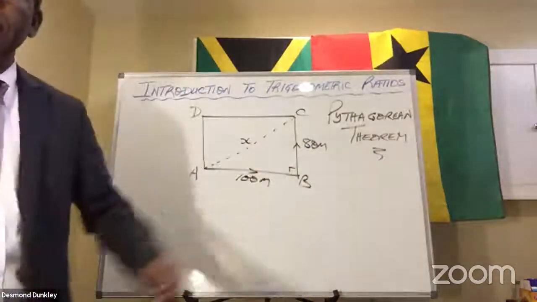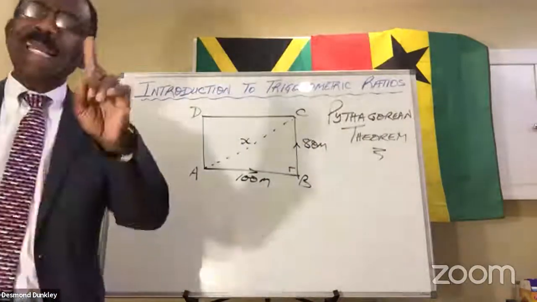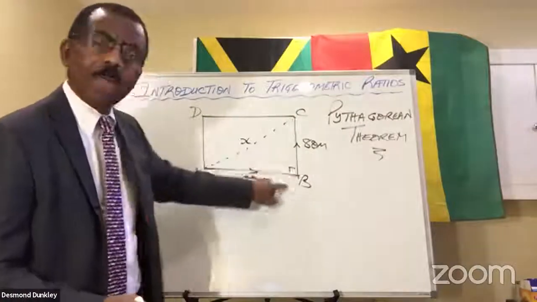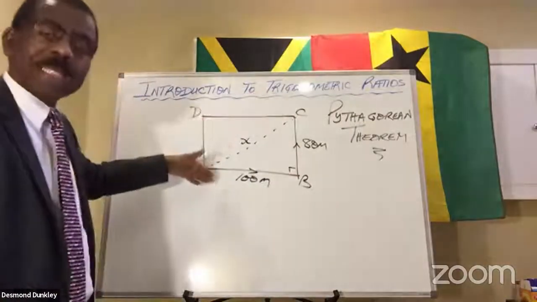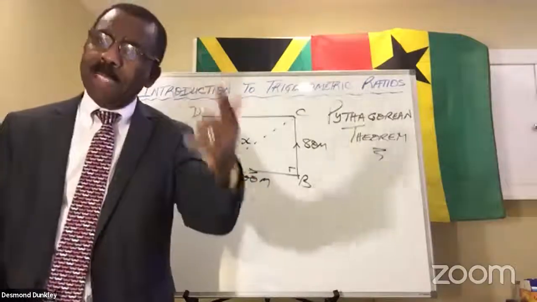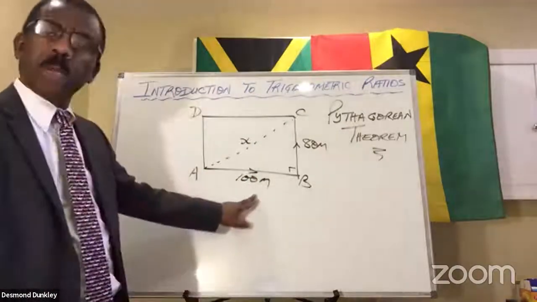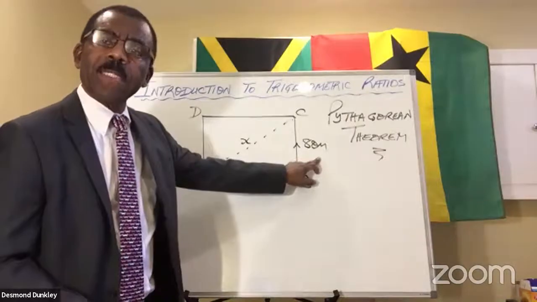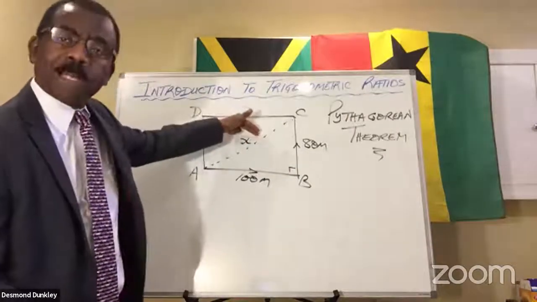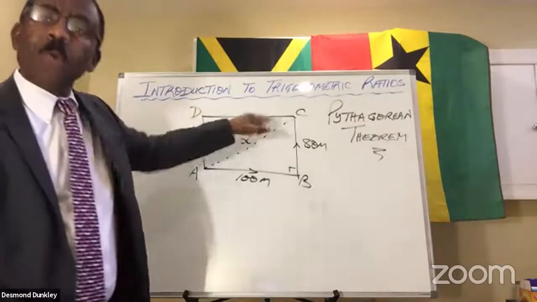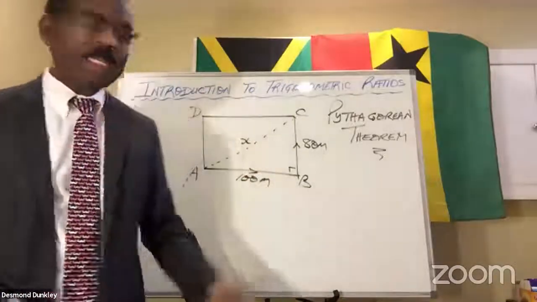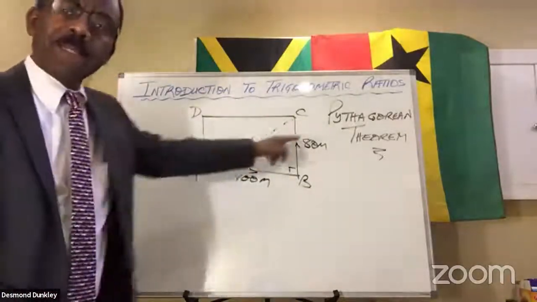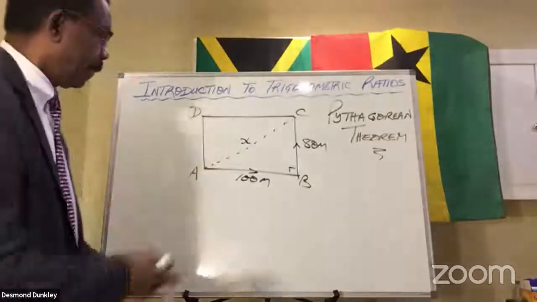as a result of that theorem, we know that there is a relationship between the two legs of your right triangle, the two legs, and the long side, which is the longest side, which is called the hypotenuse. We know that this squared plus that squared is equal to the hypotenuse squared. So that's how we could calculate, instead of measuring, we could calculate the missing diagonal, okay? And you'd end up with